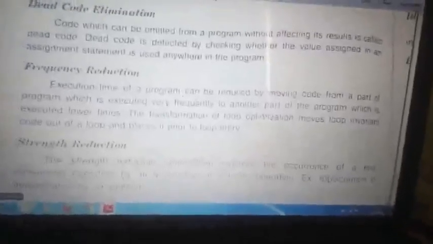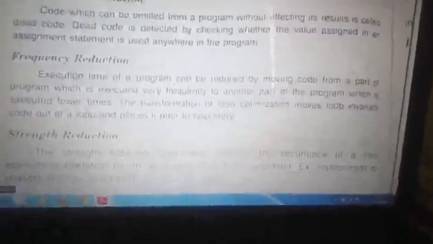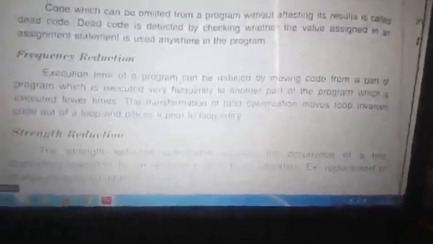Strength reduction. Strength reduction is nothing but replacing the instructions which take 4 bytes. Instead of that, we can go with the very fast instructions we have, that is MR, as we discussed. Instead of M, we can go with MR or AR, which will execute faster. Add register requires 2 registers, which take the 2 variables directly, and it requires only 2 bytes compared to A, which requires 4 bytes. So using such instructions may also reduce the storage. That is called strength reduction.